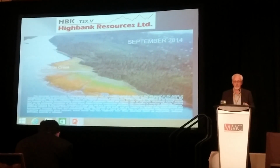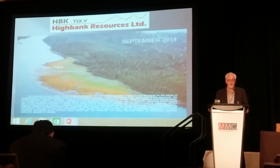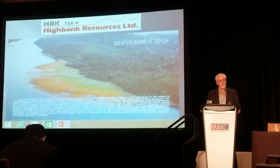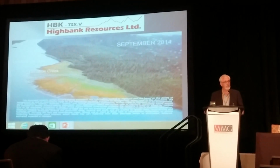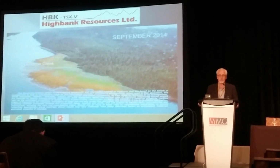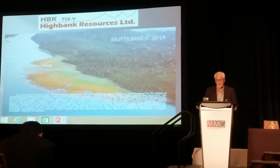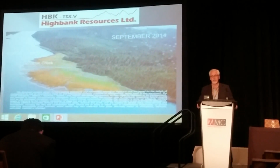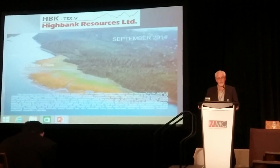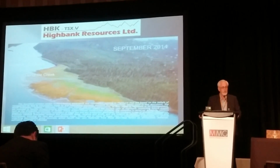So the value of aggregate is increasing. There's a shortage of aggregate all up and down the west coast in Ontario, and we happen to have a deposit right on tidewater north of Prince Rupert, and we're preparing to go into production in November roughly. We've been working on a deposit here that's a 70 million ton deposit, and